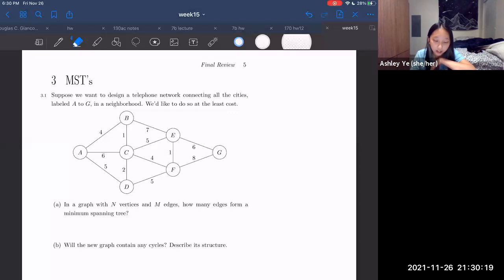Everyone, my name is Ashley, and I'll be walking you guys through question 3 from the CSM 61B Final Review Worksheet, MSTs. So for this question, we're given a graph, and it asks us, suppose we want to design a telephone network connecting all the cities labeled A to G in the neighborhood, and we'd like to do so with the least cost. So basically what this is telling us is that we want to create a minimum spanning tree within this graph that connects all the vertices, so we can have all the vertices connected to each other with